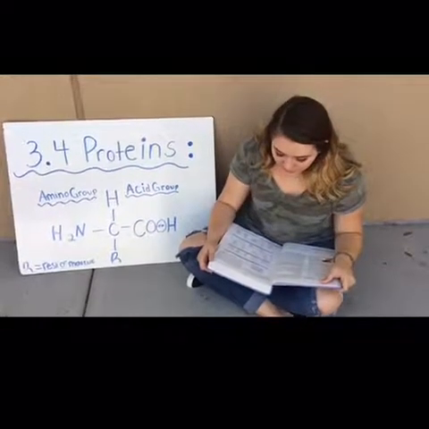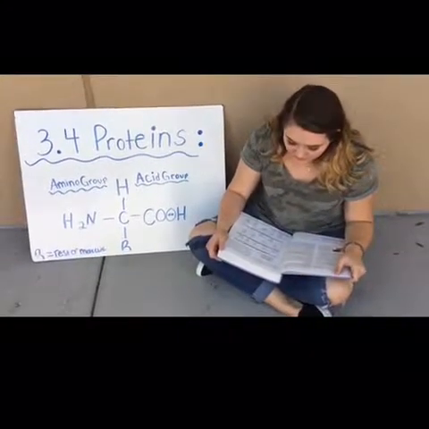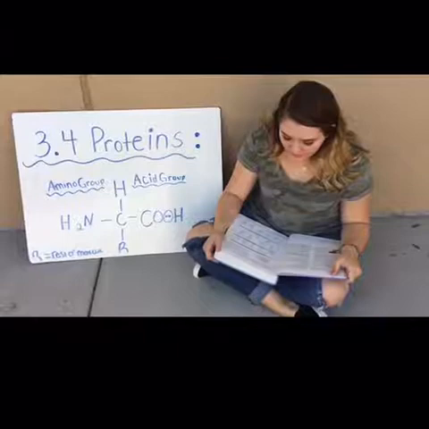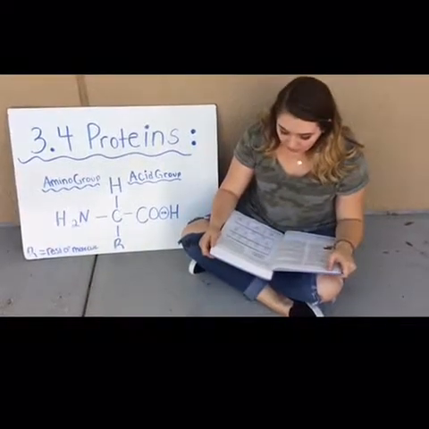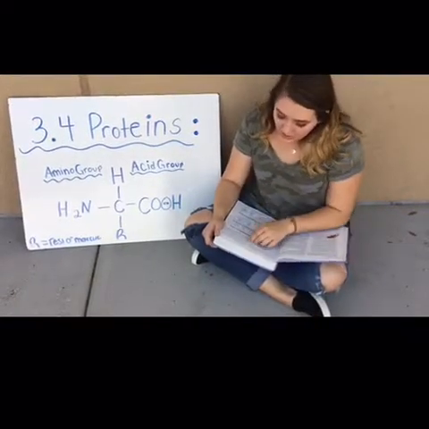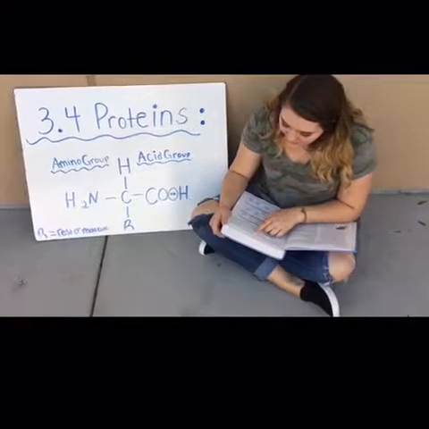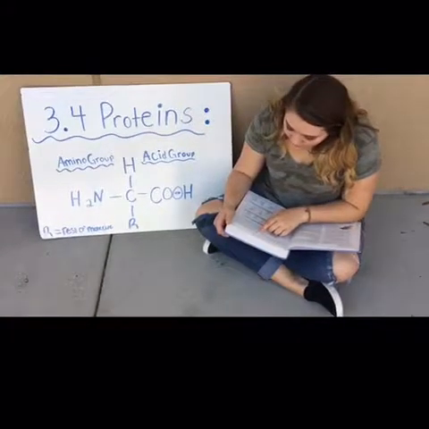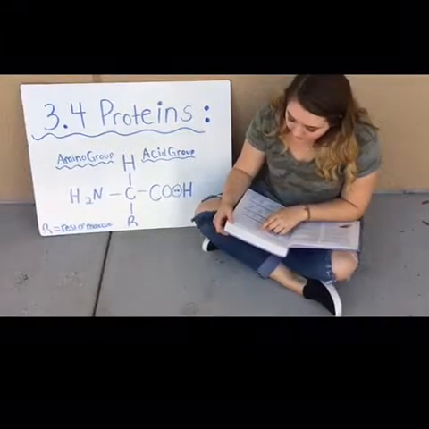Amino acids, the protein monomers. The name amino acid is appropriate because one of these groups is an NH2 amino group and another is a COOH acid group. The third group is called an R group. Note that the central carbon atom in an amino acid bonds to a hydrogen atom and also to three other groups of atoms, one of which is called the R group, figure 3.15.